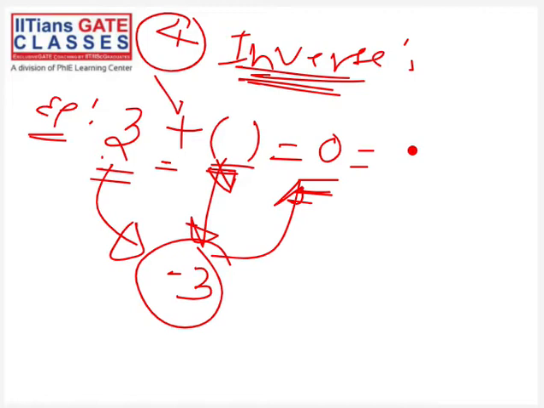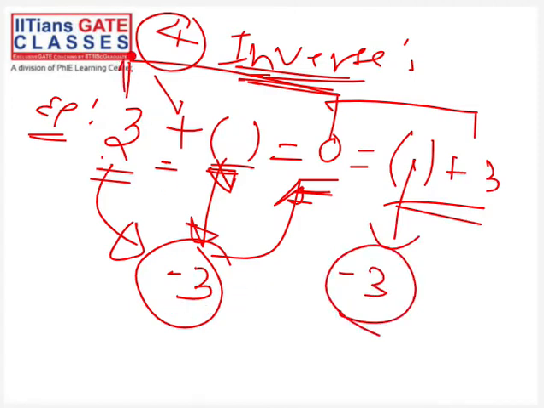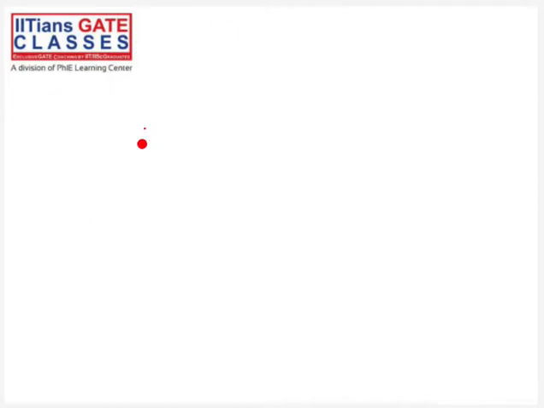Also, you must check this side as well, just like in the identity element, where we checked this side and also this side. So again, you have to put -3. Since this side also gives us 0 and this side also gives us 0, that means -3 is the inverse of 3 for this addition operation. Now, can anyone tell me what is the inverse of 5 for the multiplication operation? The operation is multiplication. What is the inverse of 5?